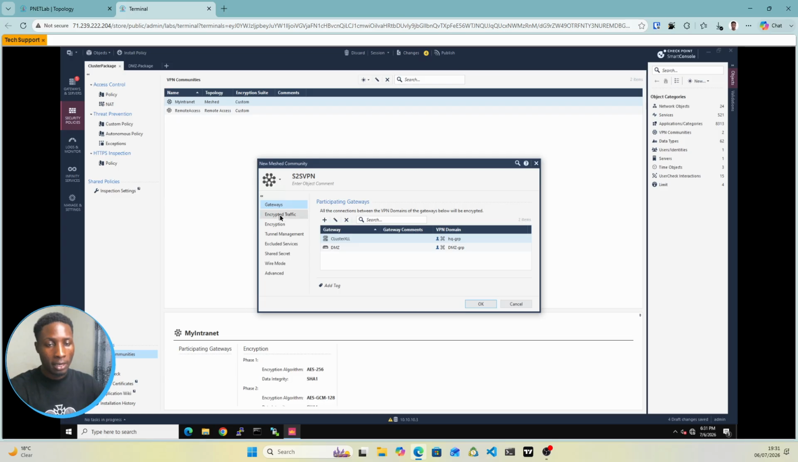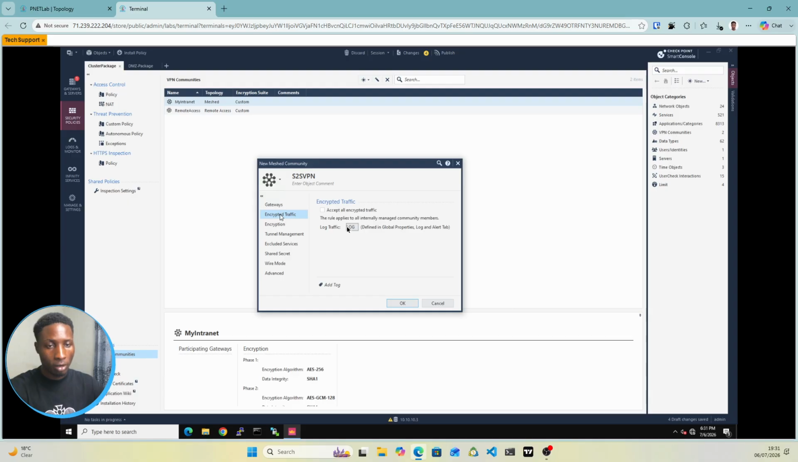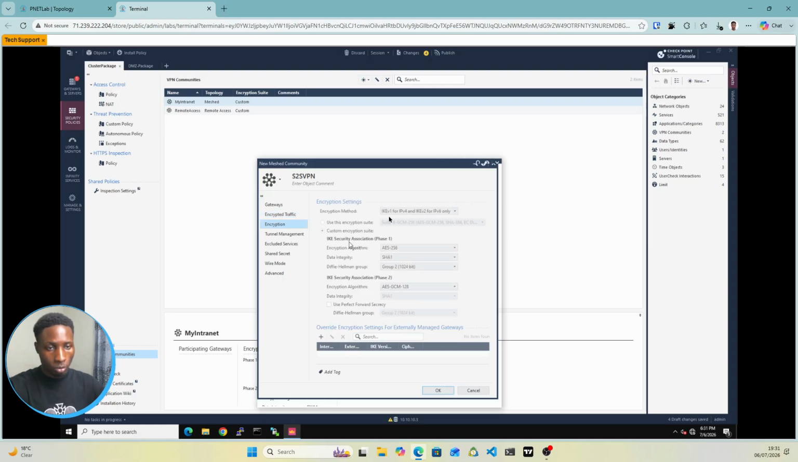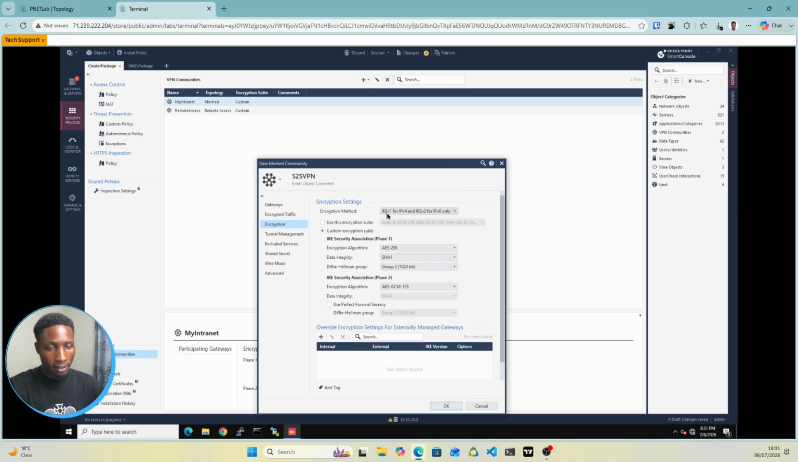So now at the level of encrypted traffic, you click on encrypted traffic, you can allow the default level of encryption here, since we'll keep the default. We'll use IKE gateway, IKE version 1. And for the security parameters, we'll just use AES 256 for encryption. For integrity, we'll just use SHA 256 as well. At the level